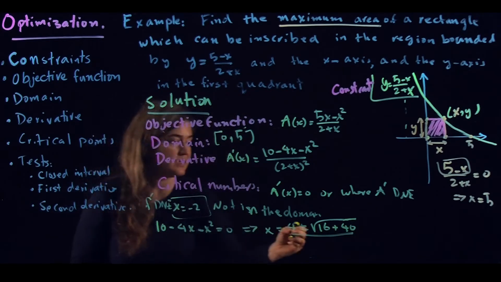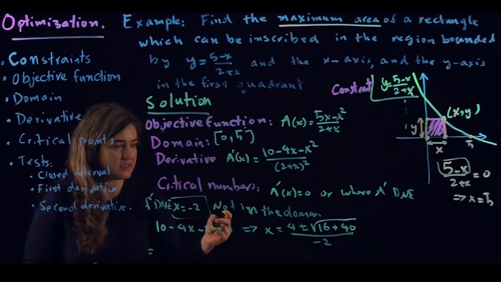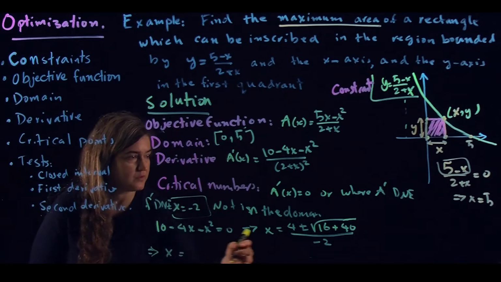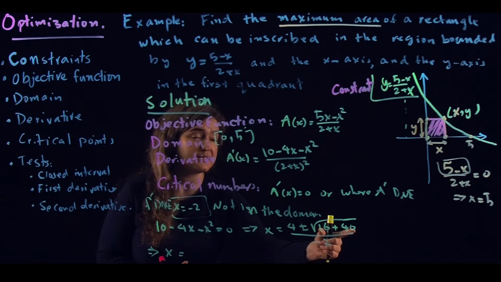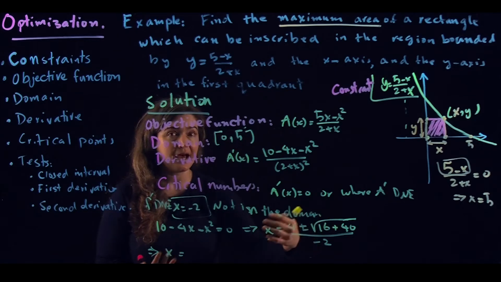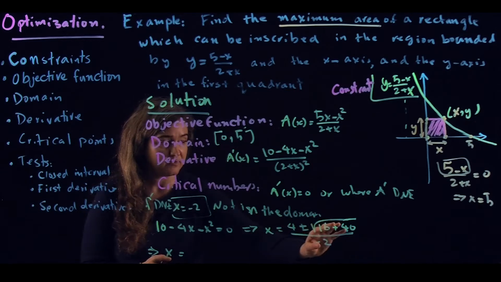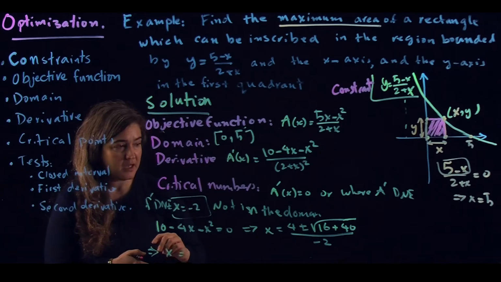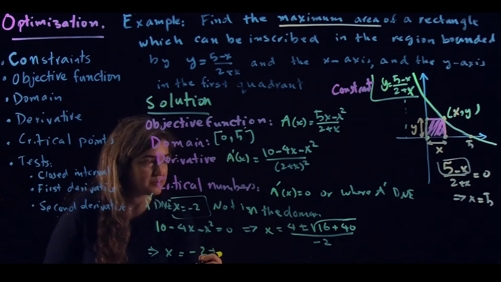Divided by 2 times negative 1. Simplifying this gives me x is equal to... under the square root is 56. I can bring 4 out of the square root by square rooting it and get 2 square root of 14. And so simplifying top and bottom, I will end up with negative 2 plus minus